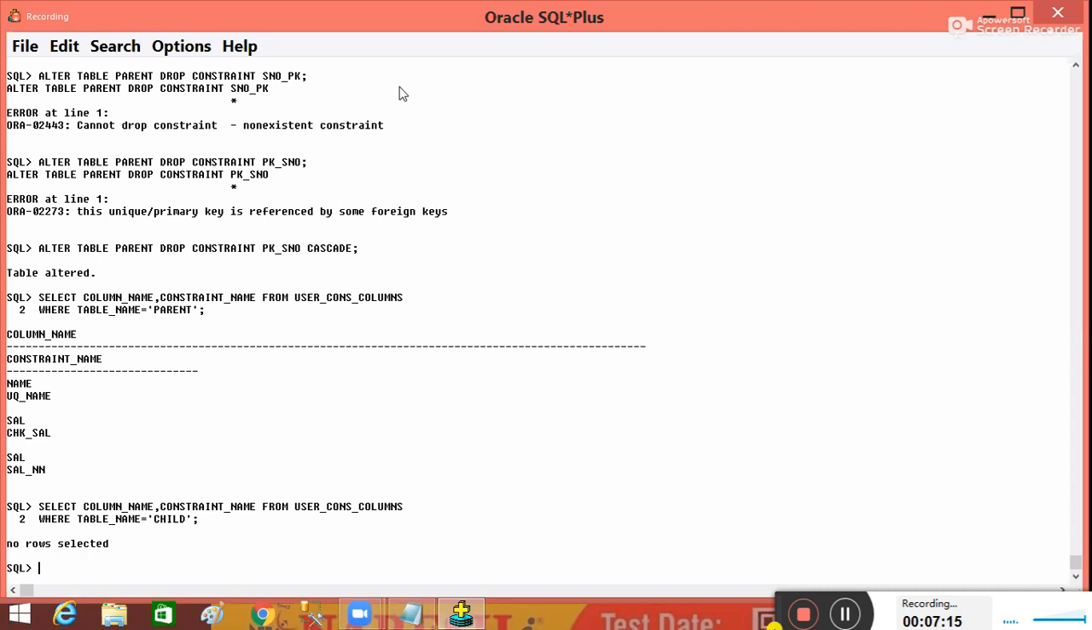Once you drop your primary key, your foreign key is also dropped, because both have a relationship. So what you understand here is that whenever you want to drop a primary key, if that primary key has a relationship with a foreign key, then we can't directly drop it. That's why we are using cascade. In the same way, the remaining constraints, unique, check, and not null,